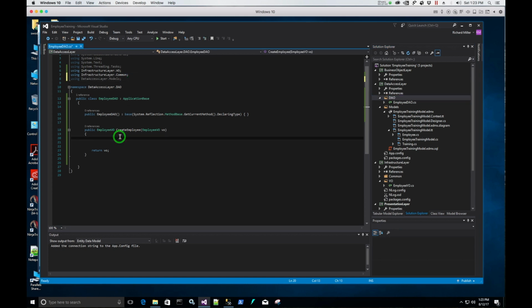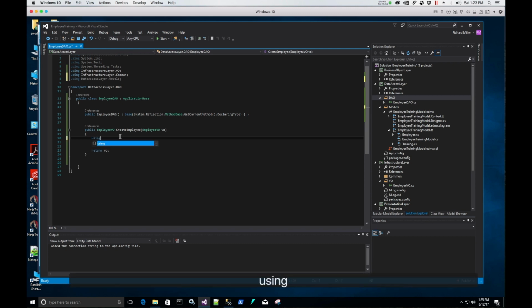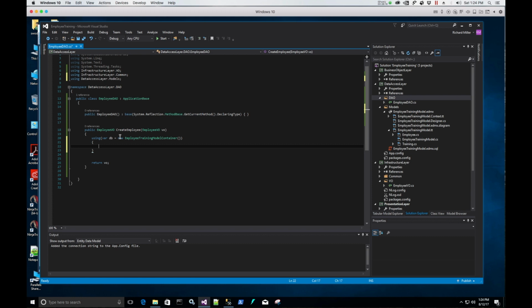So let's just start typing here. You'll see what I'm doing. So using, let's say, var db equals new employee. Now see, we have the employee training model container, so we're going to create a new one of those, and the first thing we're going to do is create an employee entity,